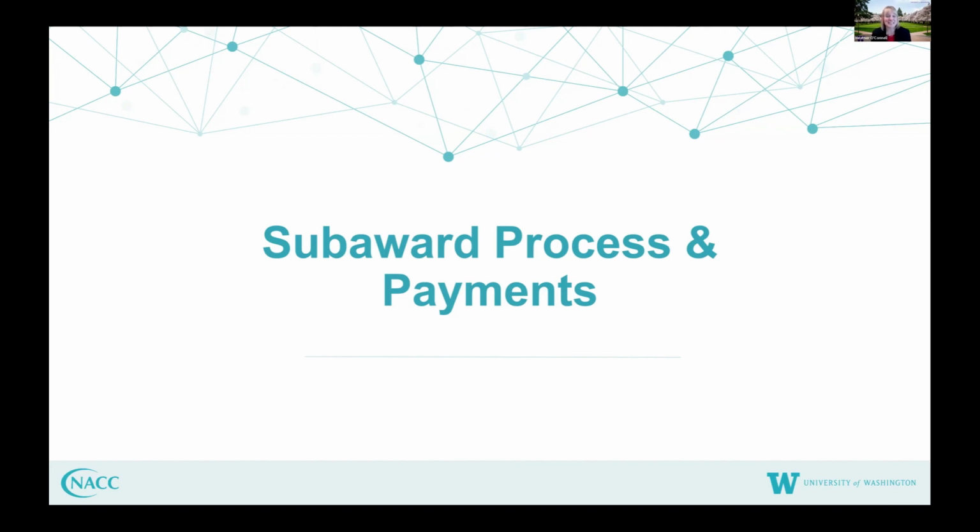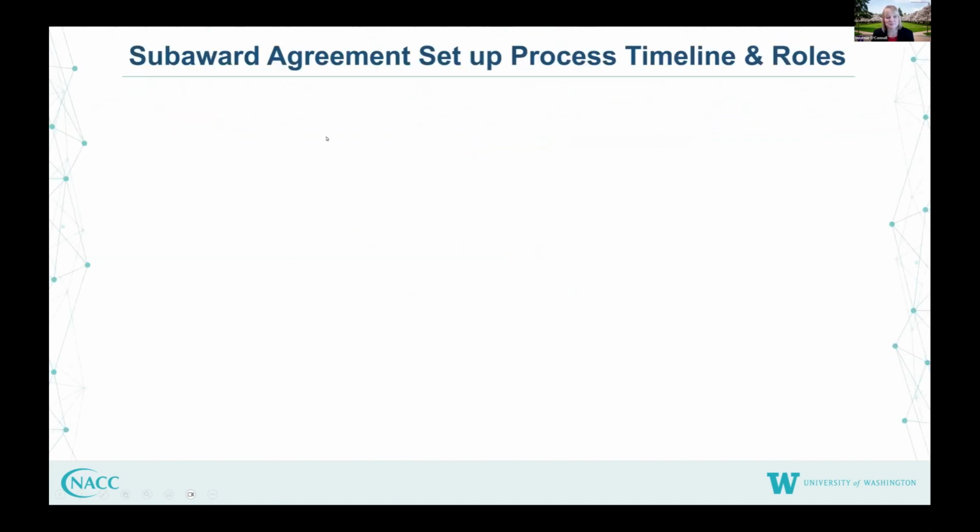As Sterling went through, one of the key goals of the CLARiTI program is to provide resources to implement standard processes across the entire ADRC site. So we're fortunate to be recipients of a grant from NIA to support these efforts. So today's focus is on how to distribute those funds to make that goal a reality. So I'll be sharing with you two key aspects of the subaward process. First, how to get your subaward set up, and second, how to get paid, including both your startup payment and ongoing payments for study execution.